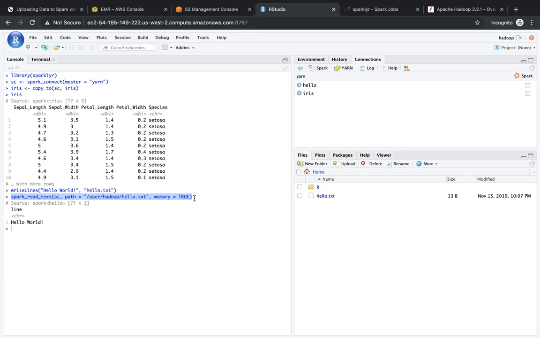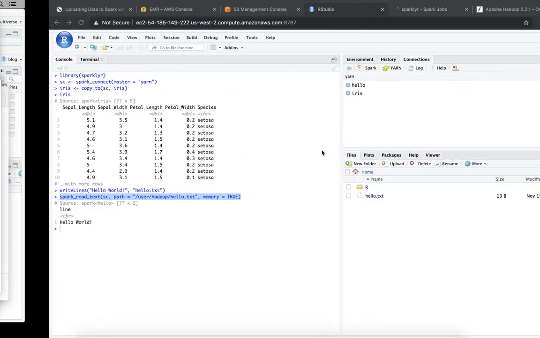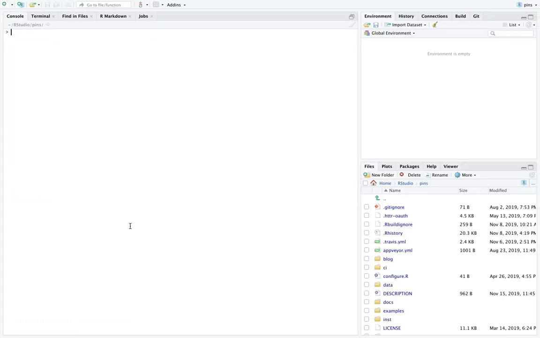And this is basically unbound to the number of files and the size of the files that you're uploading to Hadoop. Now let's take a look at a third approach. And the third approach is, what happens if your data is not on the driver node? So if you're working with a local machine, say in this particular RStudio session, and if I